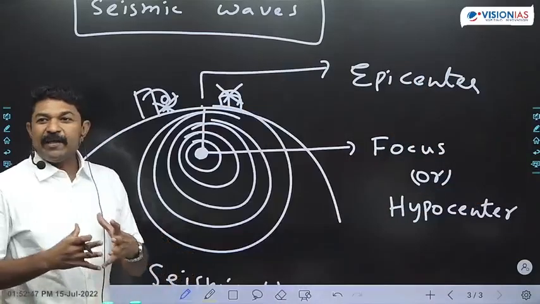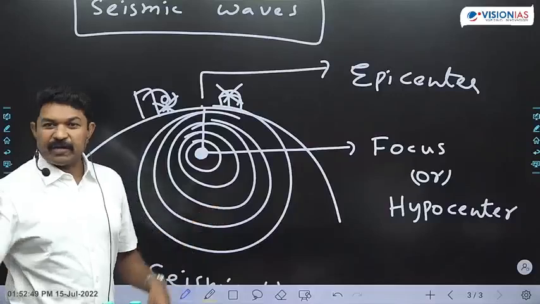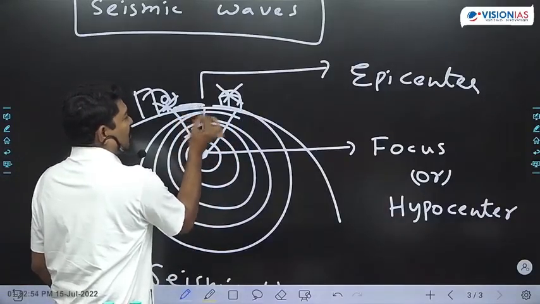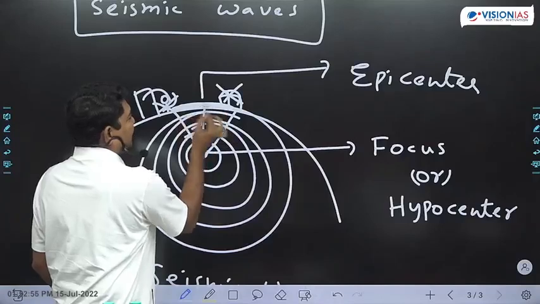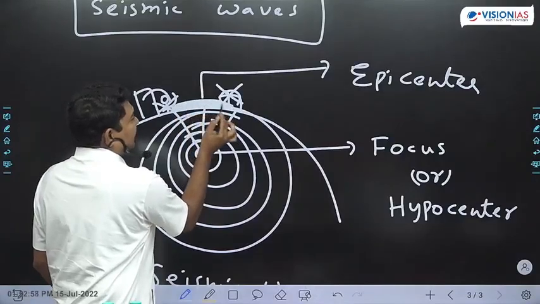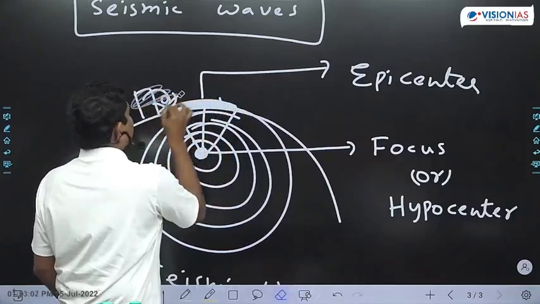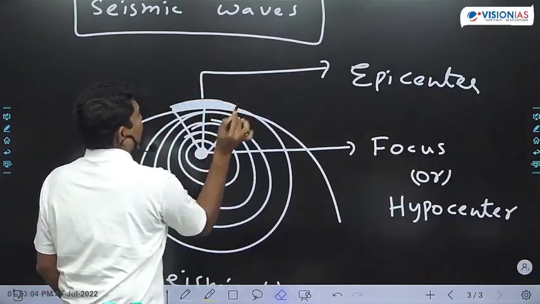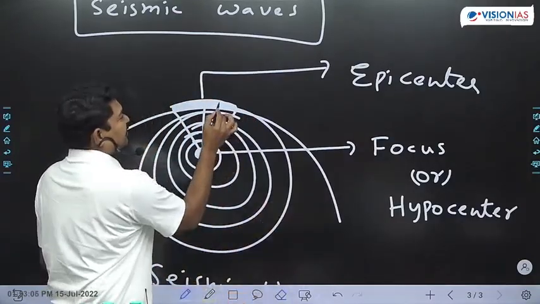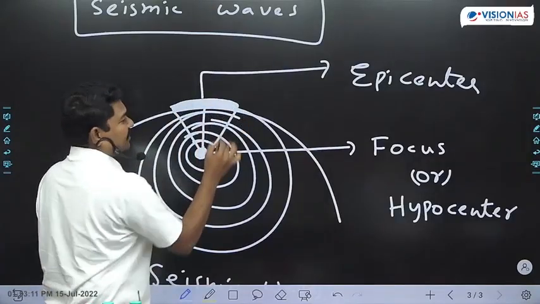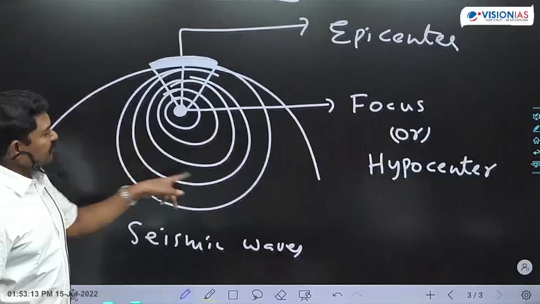Where do you find very great destruction because of the release of the strain energy? It is around the epicenter like this. This is the area where you can find very great destruction. The entire area is subjected to destruction. Got the point? This is the epicenter. And the waves, these waves are called as,